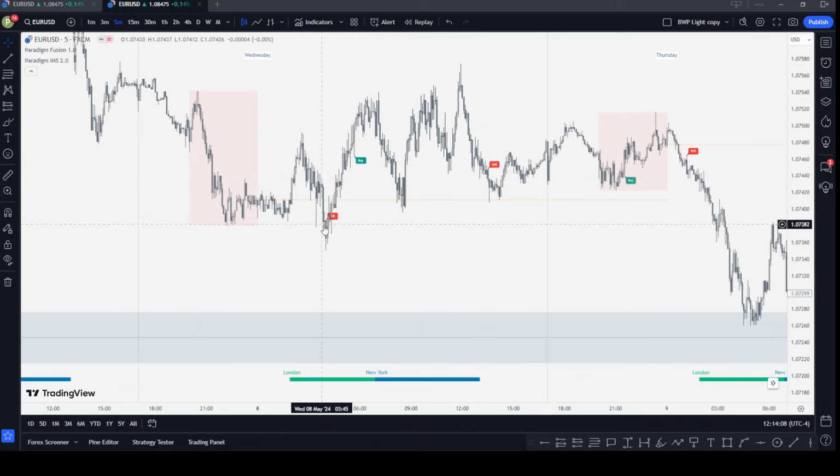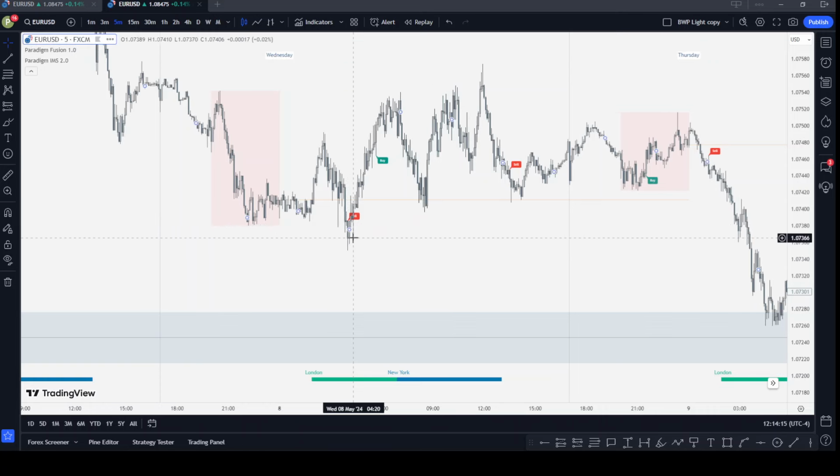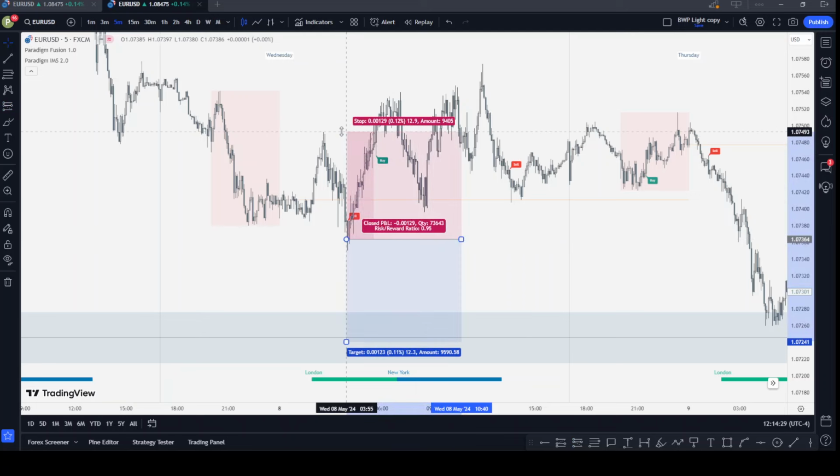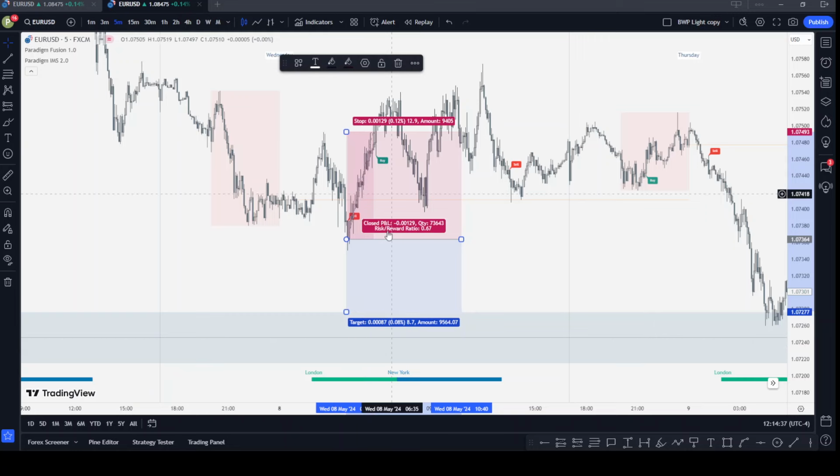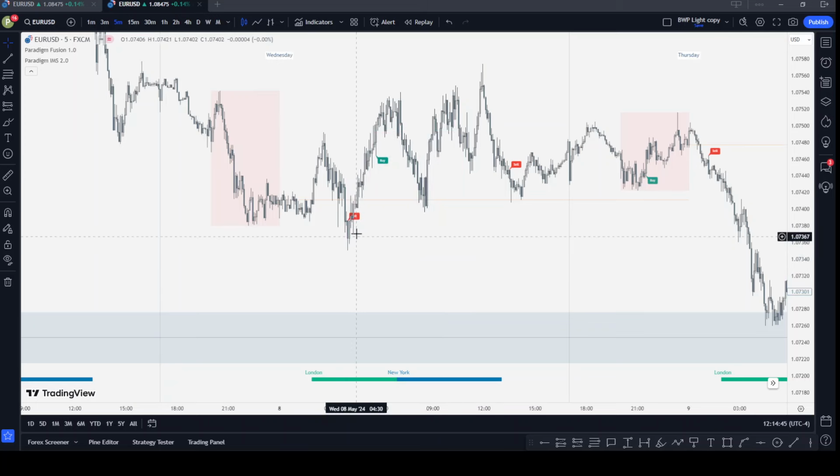You can see on this day, this is third, this is a short setup, and my stop loss is always above the intermediate time high. So you see from here that if you try to go short, my stop loss will be here. I'll be looking to target this low. That to me would not be a valid trade because the RR is very, very small. This happened during the kill zone, but the RR is not great, so I'm not going to take